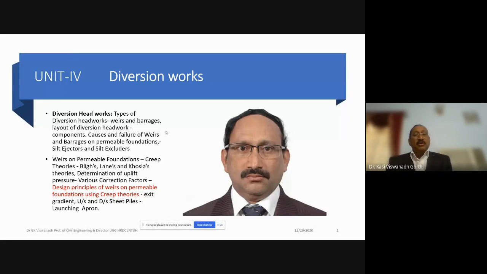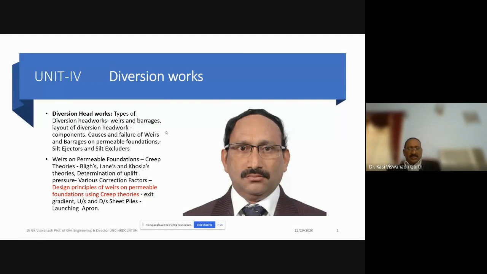Weir barrages and layout of a diversion work, and causes of failures of weirs, and then about the silt ejectors and silt excluders, followed by creep theories we were discussing in the past few classes. Bligh's creep theory, Lane's weighted creep theory, then what are the limitations of Bligh's creep theory, then Khosla's theory and Khosla's method of independent variables for finding the pressures at different points for weirs on permeable foundation, along with